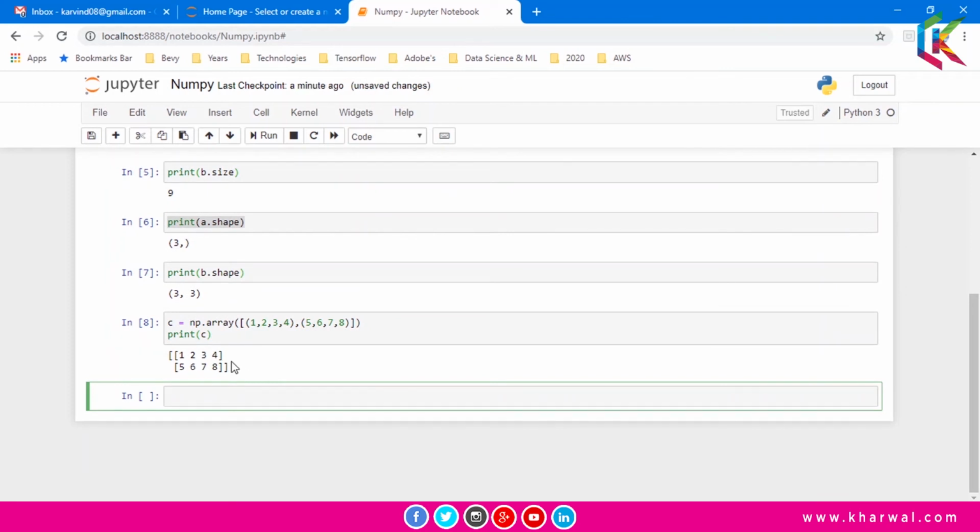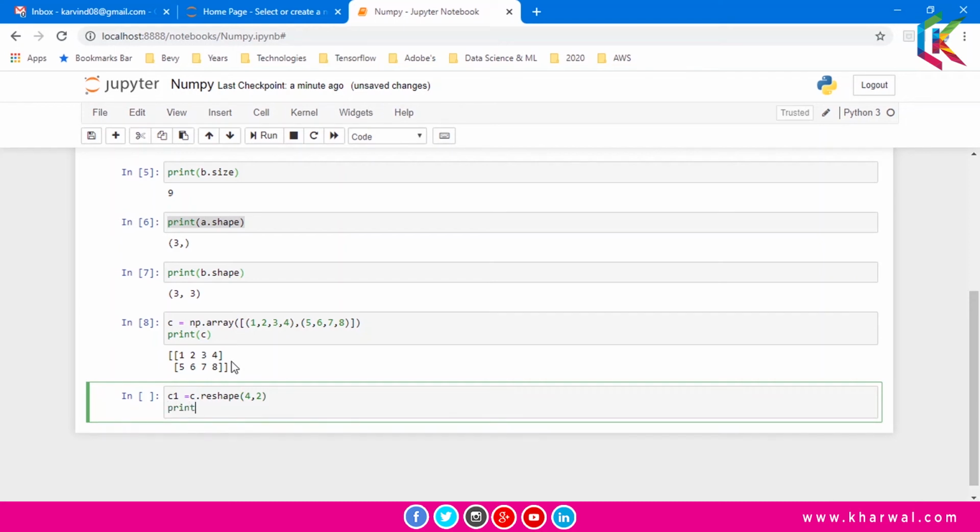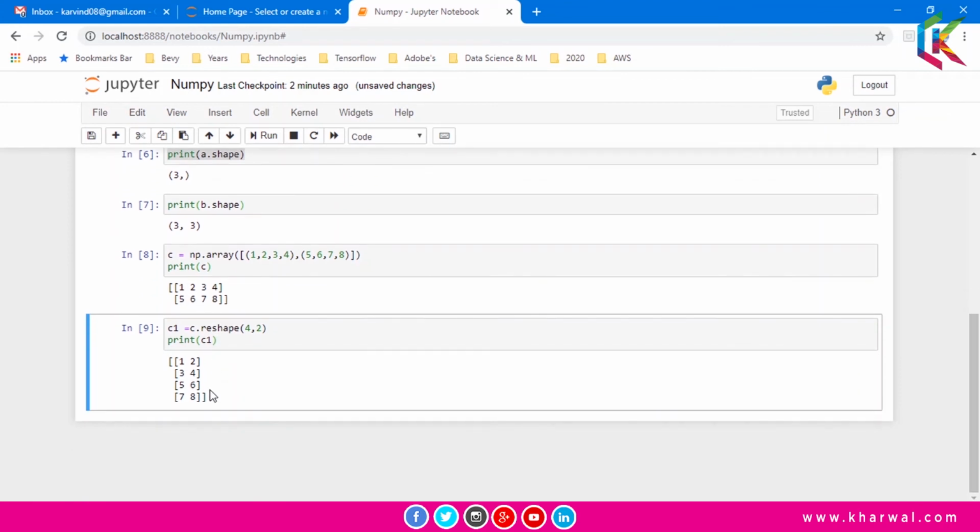Now I am going to reshape this array C by using the reshape attribute. I am going to create this array of 4 cross 2. Now if I print this C1, it is giving you the output like this. So basically we have reshaped this array C by using the reshape attribute.